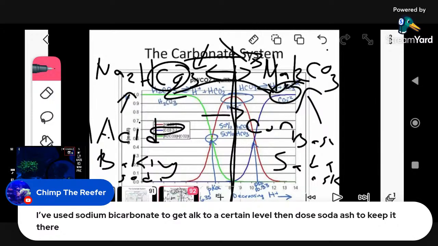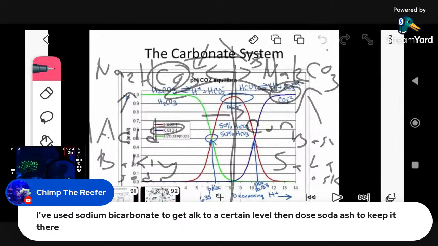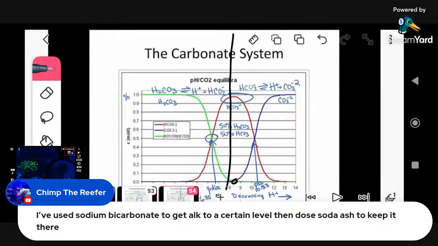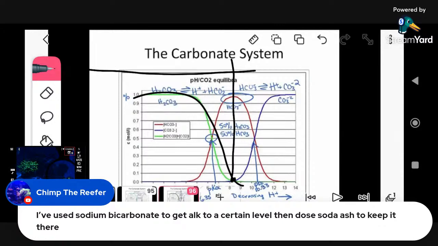All right. And what Chimp is doing, he's throwing the buffer in here so the pH of his system doesn't shift from natural seawater. Oh, shit. That's not natural seawater. Natural seawater right there. And that is very smart. And that's exactly what you're supposed to be doing. All right. And if you're running a calcium reactor, you're favoring the acid. So I highly recommend to dose Kalkwasser or a strong base like Chimp.